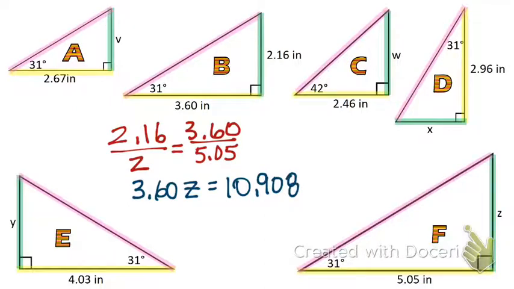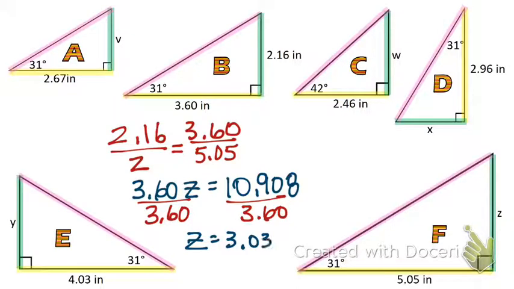And then to continue to solve this problem, we have to divide both sides by the number that's in front of Z. And so when we do that, we find out the length of side Z in triangle F is 3.03 inches. So the method we used in solving this problem is we made a fraction out of the green side in the small triangle over the green side in the larger triangle, and the yellow side in the smaller triangle over the yellow side in the larger triangle, and we found the cross product, and then we found the length of